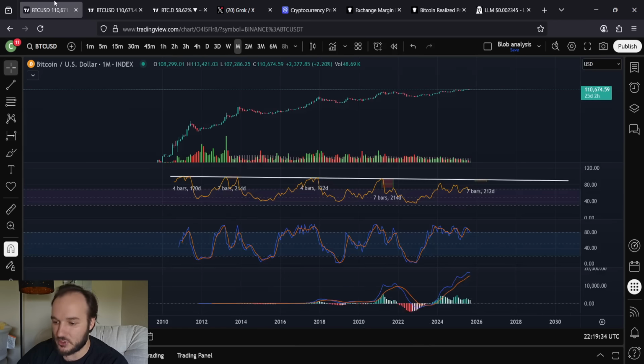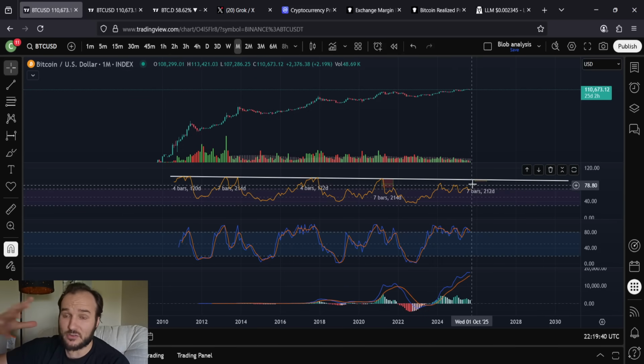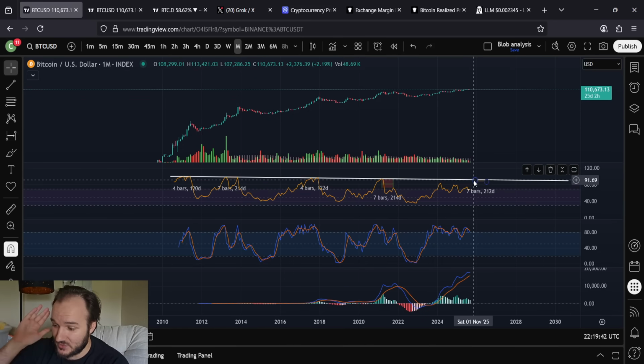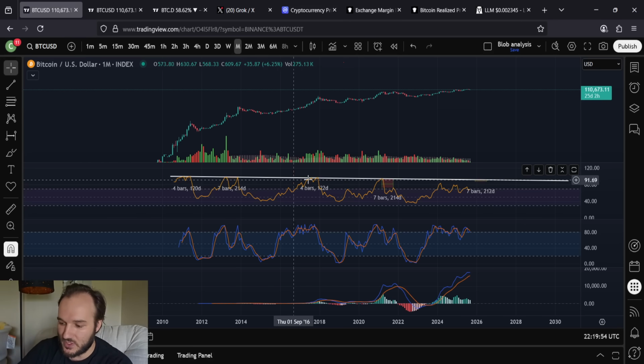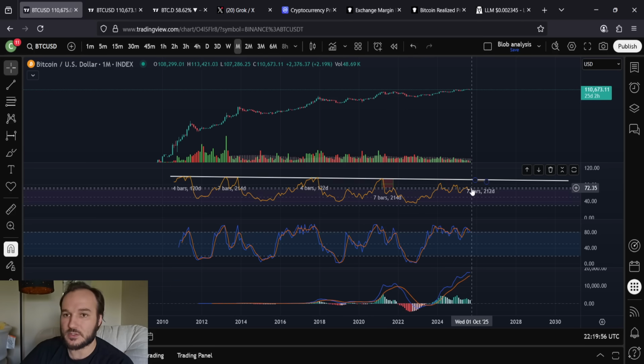So if Bitcoin's projected to end its cycle 4 months to 7 months after it tops off, right, after it hits this trend line once, then it will likely be 1 month. If we're doing 4 to 7 months, and that gives us anywhere from April to July, that would mean that altcoins top off anywhere from May to August of next year, right? And probably if we're doing 4-7, it'll be 4 months, something like that, I'm assuming, right? Probably we will have Bitcoin top off in April of 2026, and altcoins will top off in May.